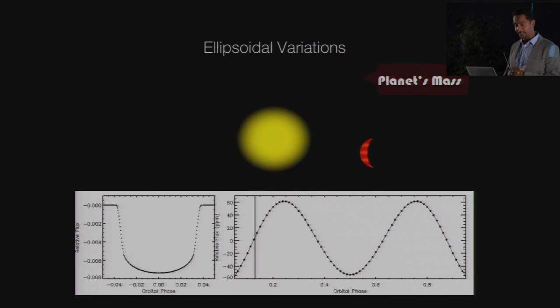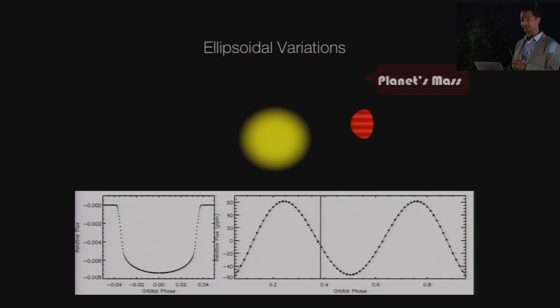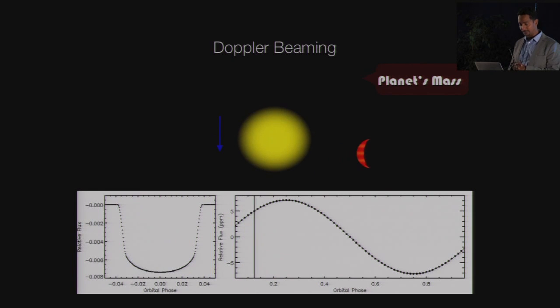Secondly, there are the ellipsoidal variations, which are effectively fluctuations in the star's visible surface area as the stellar tide caused by the planet rotates in and out of our field of view. And thirdly, there's the Doppler beaming contribution, which is the boosting resulting from the reflex motion of the star as the planet